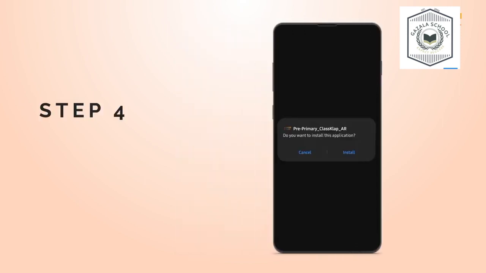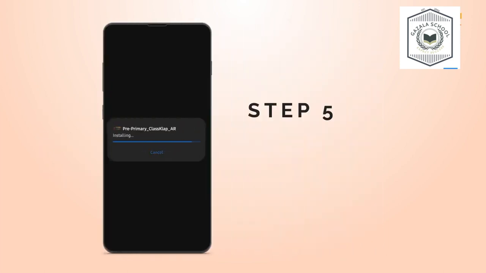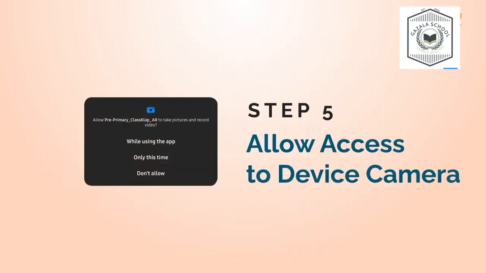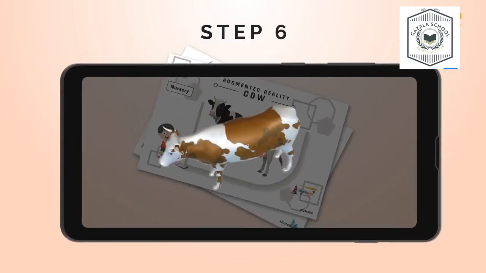Step 4. You will get a pop-up to install the pre-primary ClassClap AR app. Click on Install. Step 5. Once the app is installed, click on Open and give access to the pre-primary ClassClap AR app to use your device's camera. Step 6. Scan the AR physical cards one by one, and 3D representations of the models will appear